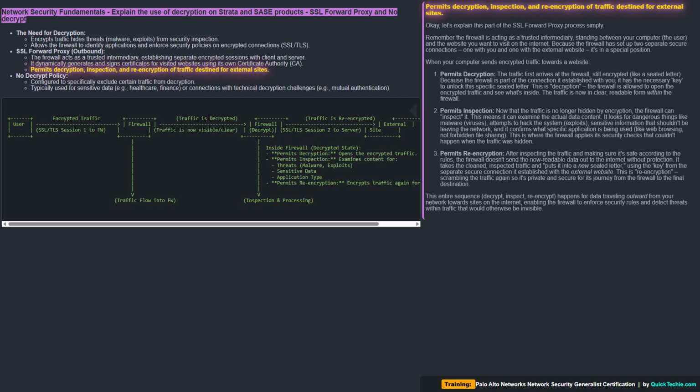Okay, let's explain this part of the SSL Forward Proxy process simply. Remember, the firewall is acting as a trusted intermediary, standing between your computer, the user, and the website you want to visit on the internet. Because the firewall has set up two separate secure connections, one with you and one with the external website, it's in a special position. When your computer sends encrypted traffic towards a website,